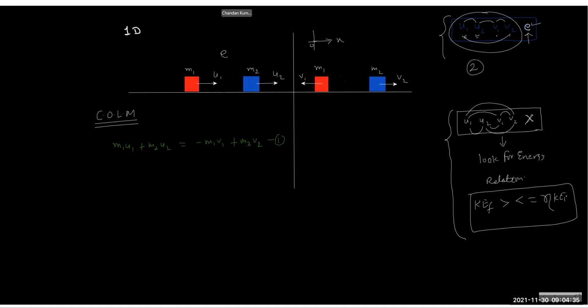Now I call it question 1. I cannot solve any question like this unless you give me the E value or the energy relation. These are the two crucial things to search for. Sometimes they call the collision perfectly elastic or simply elastic. So the moment you read a question and they say the collision is elastic,